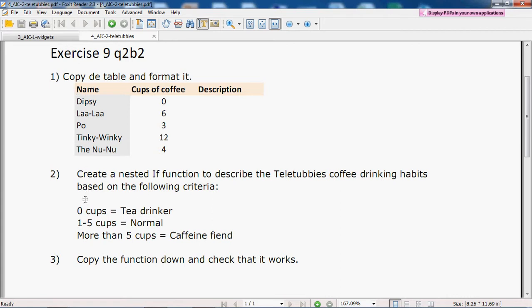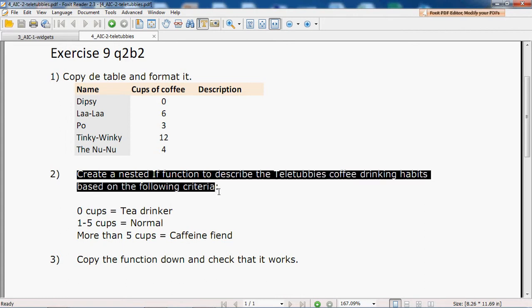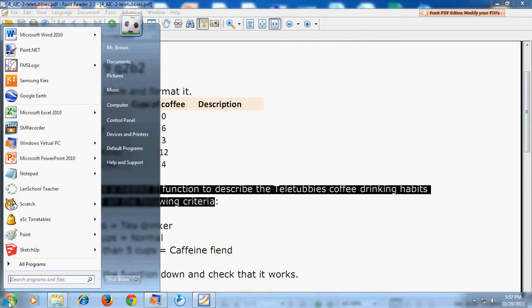Basically, if a person, or in this case a Teletubby, is drinking 0 cups of coffee, they call them a tea drinker. 1 to 5 cups, they're considered normal, and more than 5 cups, they're known as a caffeine fiend. Okay, so we have to create a nested if to describe the Teletubbies' coffee drinking habits based on the following criteria. So let's get an Excel sheet